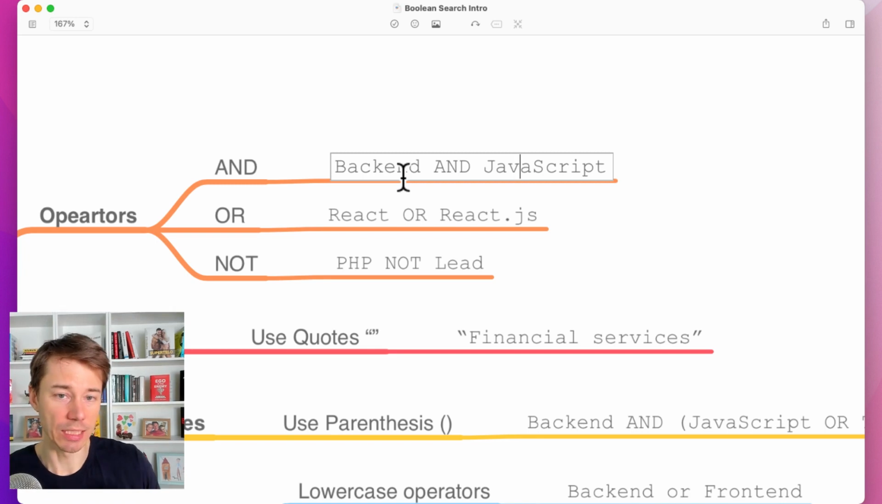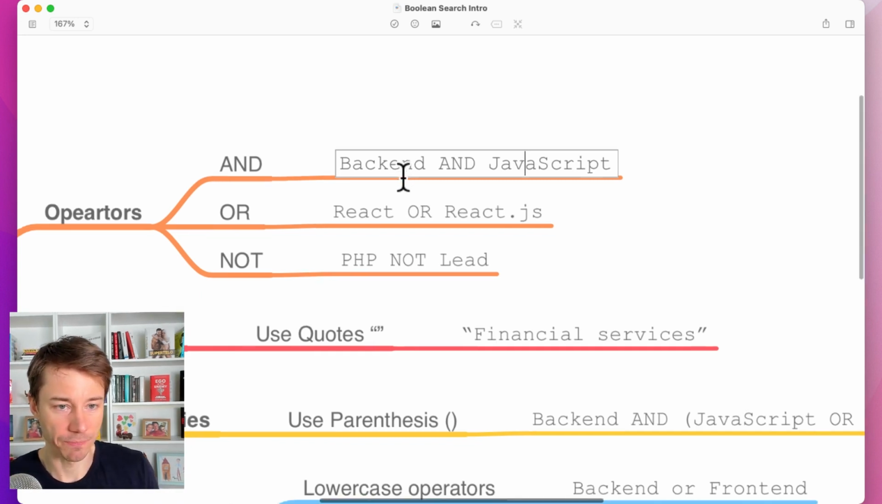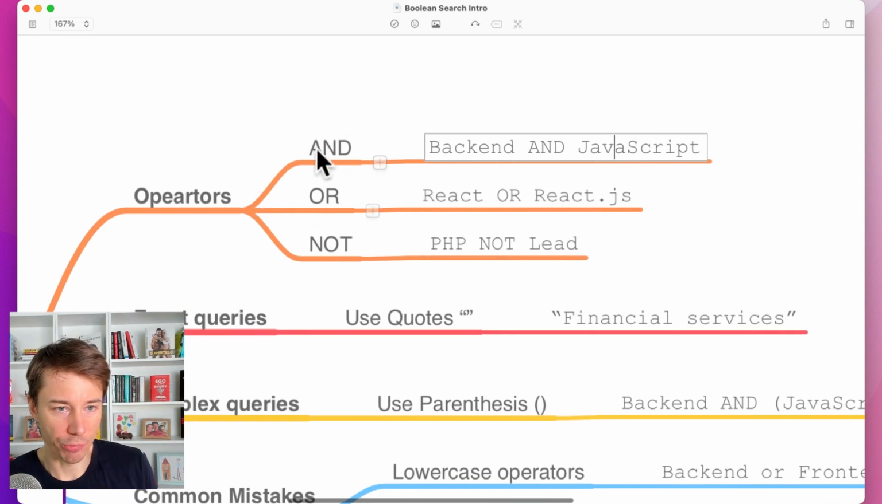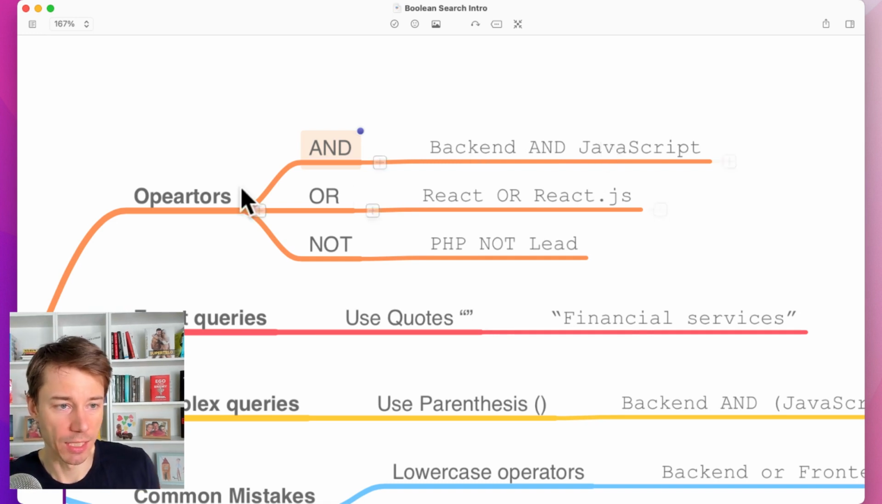But especially in the following videos, I'll show you how you can compose different Boolean strings and come up with something that will show you results of good candidates, for example, for backend React developers or for product data engineers, etc. So the AND operator is clear, backend AND JavaScript when you want to see both at the same time,